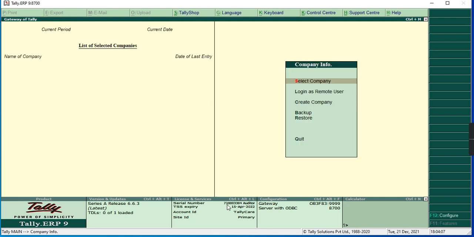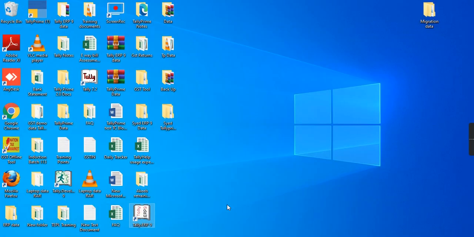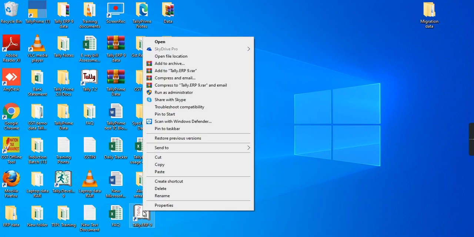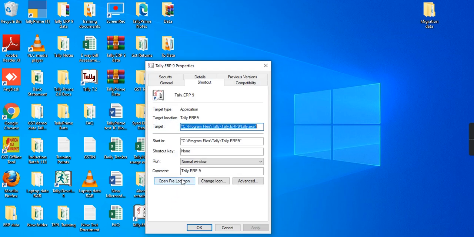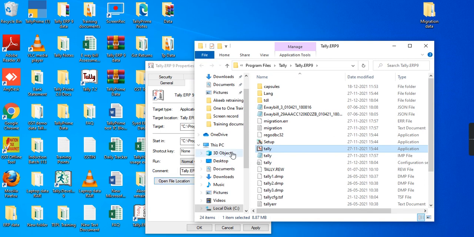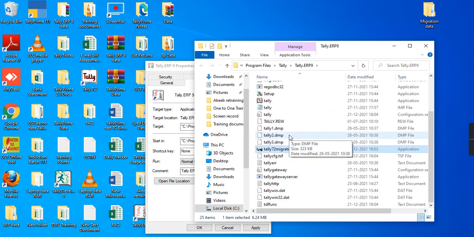So I'll close the Tally ERP9. I'll right click on the Tally ERP9 icon, properties, open file location, and paste the data migration tool which I have downloaded in the Tally ERP9 installation folder.